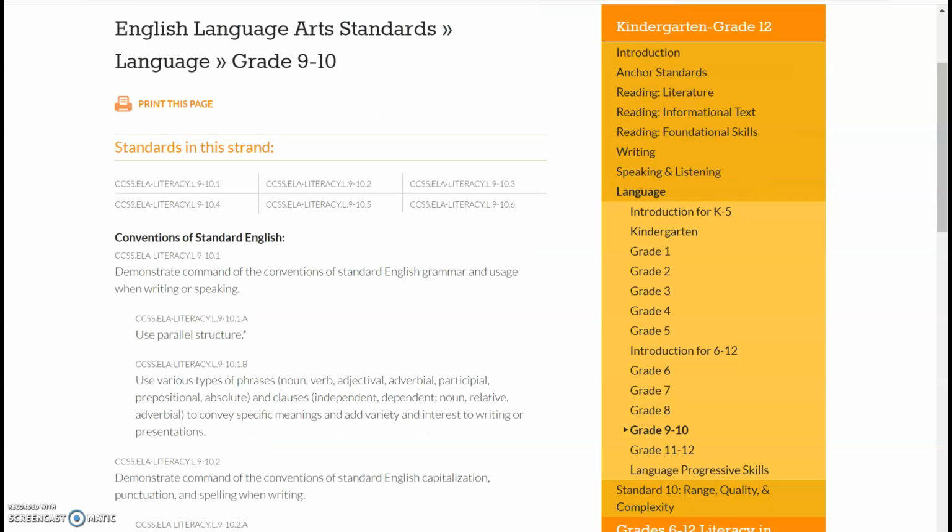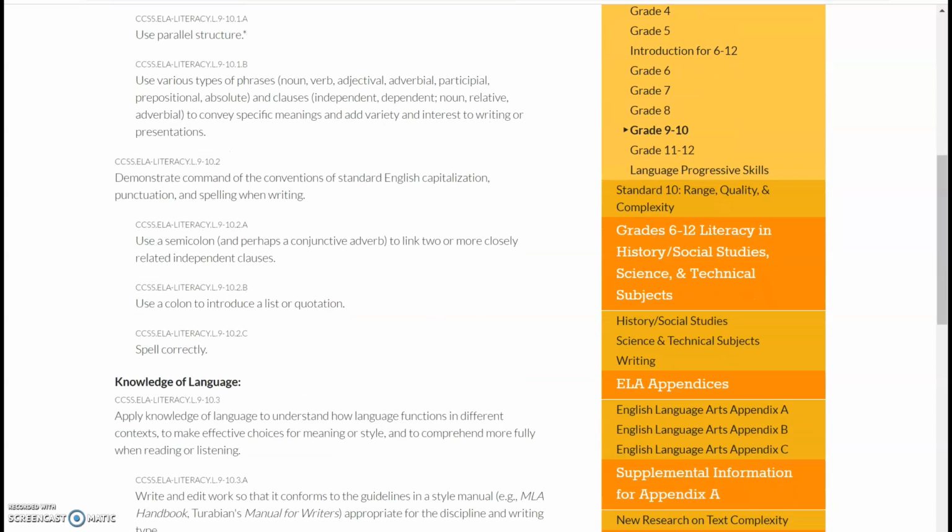We also have the language standards for 9th and 10th grade. One thing that surprised me was right here, their focus on the colon and the semicolon. It kind of surprised me because I noticed this a lot. I'm an SAT tutor, so I noticed SATs focus on the semicolon and the colon in their grammar and writing section. So I thought this was really interesting that they really want students to use, I guess, what is kind of considered elevated punctuation and be able to understand how to use it and how it's being used incorrectly.